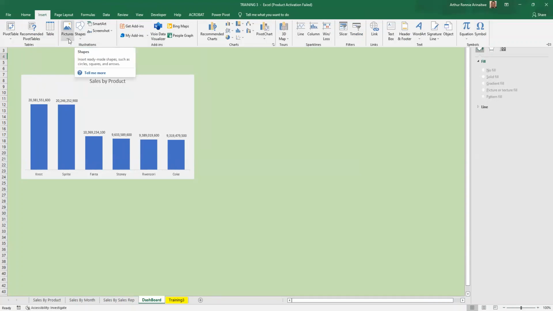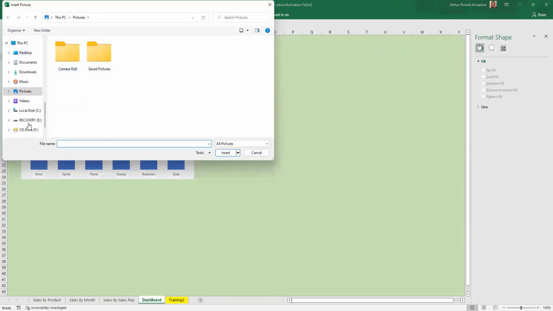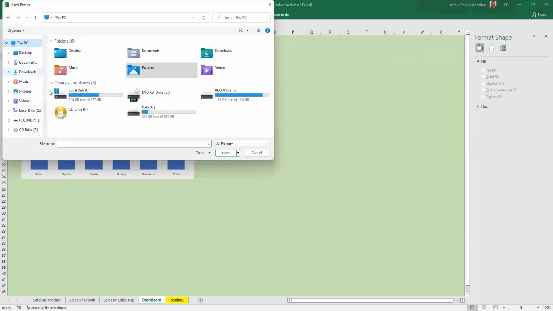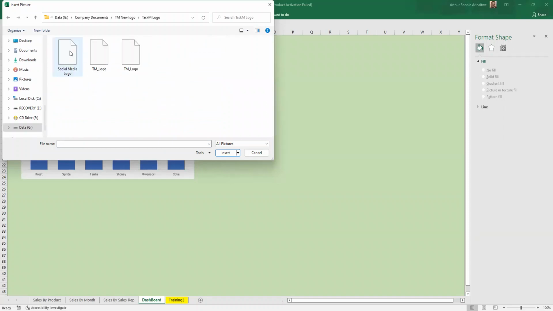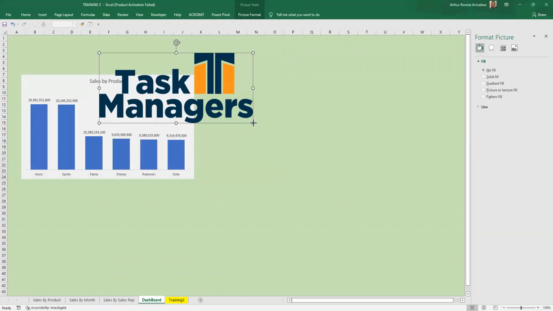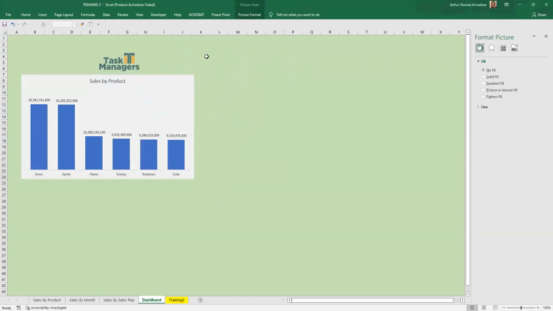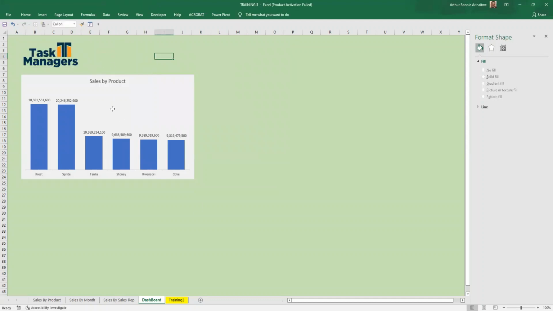I want to put a shape. I want to put a picture. Let me just see if I can find one somewhere. Just quickly go somewhere and get it. You can get the logo. If this is your organization, then you begin to put